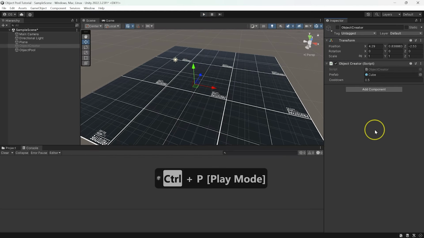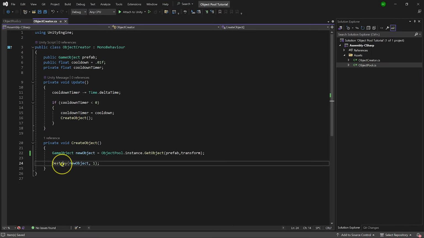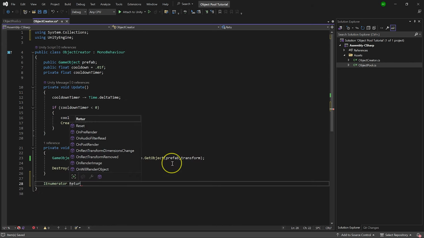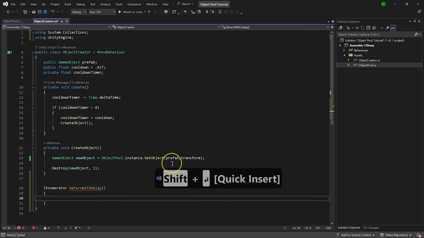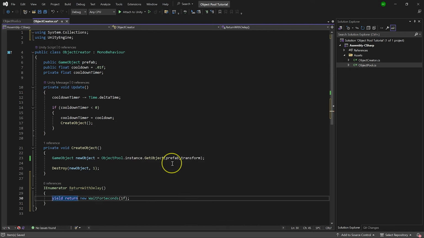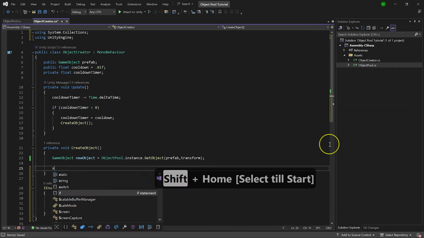Now let's adjust the system and make it return objects back to the pool. Telling you in advance, you cannot do it just like that with a delay. We need some nice system for that. So as of now, I'll just make a simple enumerator here, ReturnWithDelay, and let's just do yield return new WaitForSeconds of maybe 1 second. After 1 second, it will return it back. And here we need to type something like ReturnToPool. And here I'll just start a coroutine,